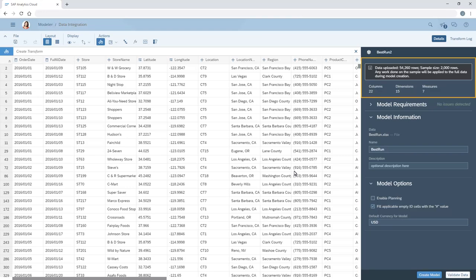Here, we can see the details about the model, review any data quality issues for the sample, edit the name and description if desired, and adjust some of the other default settings, such as enabling the model for planning, filling empty cells, and defining the default currency. Each column from the local file is now available in the new model and can be viewed